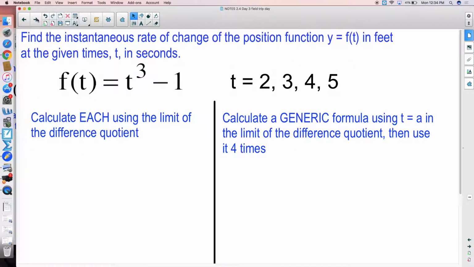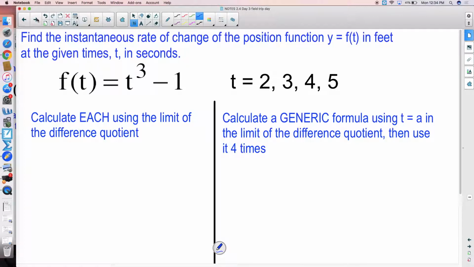You're going to come across problems where they ask you to calculate instantaneous rates of change at different times with a position function given to you, position of where an object is. And you have two ways you can approach these, but I think I'm going to make an argument for the second way. The first way you can approach is to calculate the limit of the difference quotient at every single